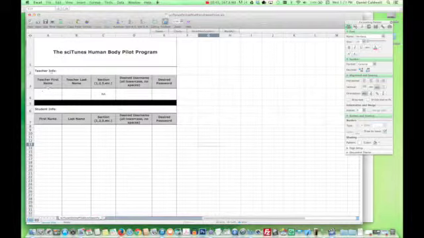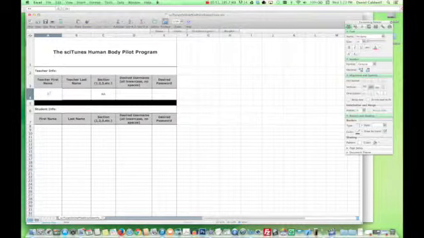The first section here is teacher info, so that's where you're going to put in your name. So you'll just double click in there and you'll type your first name, your last name. You don't need to type in anything for section because you're going to be the teacher for all the sections,